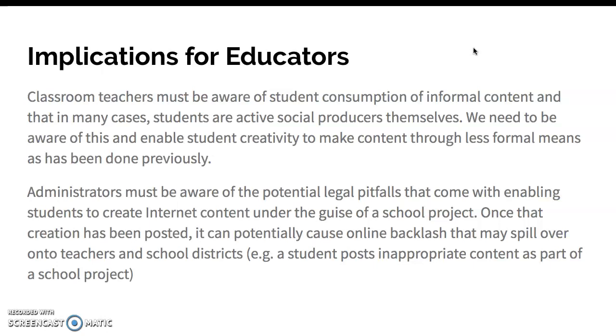We also need to be aware that students in many cases are already active social producers. Many of them make YouTube videos. They know how to make websites. They've grown up with this sort of thing. This has enormous potential to help students grow creatively and help them to make their own content through less formal means than an essay or a paper. We can have students making YouTube videos and